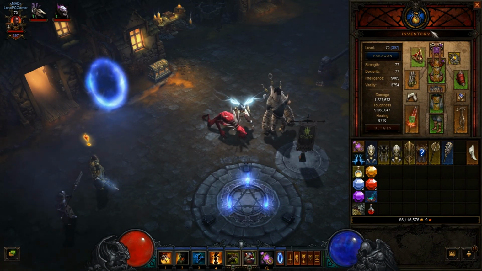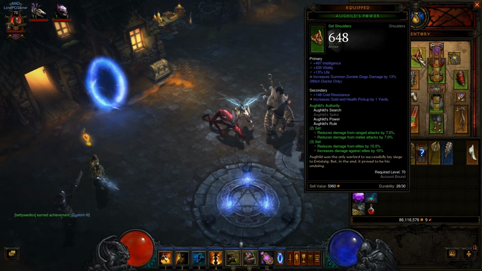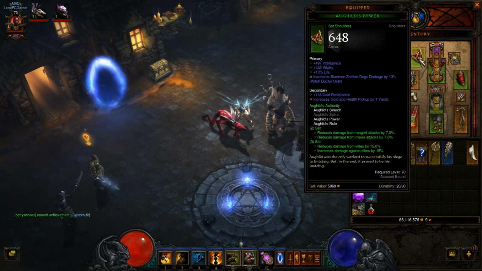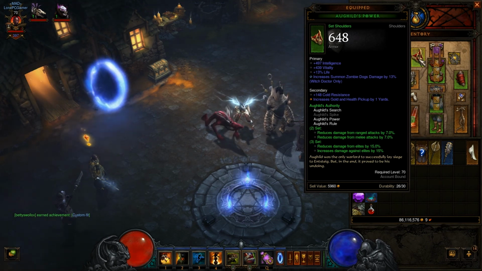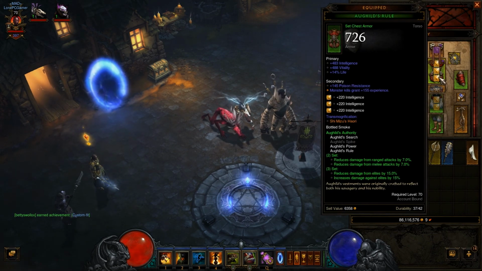So first I'm going to start going over the gear that I have. I have the 3-piece Aughild set. For the 3-piece, you get reduced damage from elites and increased damage against elites. Also, you get reduced damage from melee and ranged attacks as well. On the shoulders here, I got the increased Summon Zombie Dog damage by 13. You want to get that anywhere you possibly can, being your shoulders, your offhand, or chest